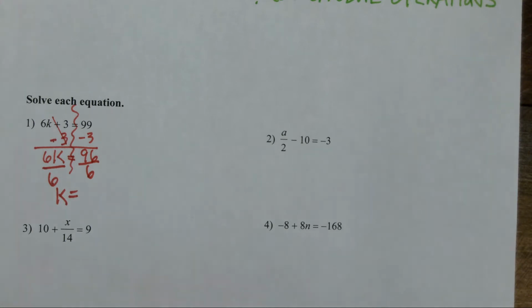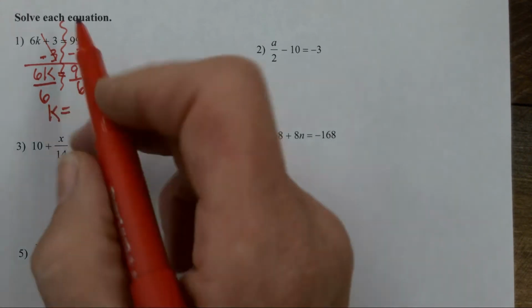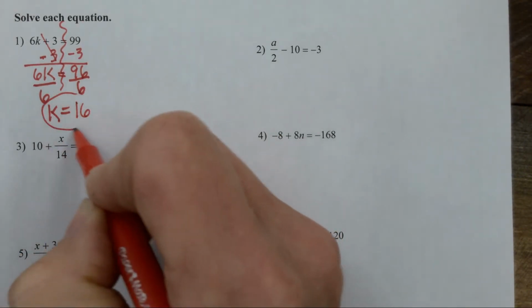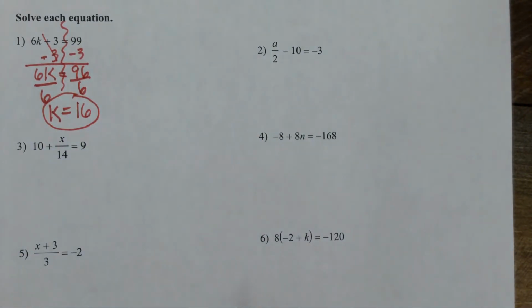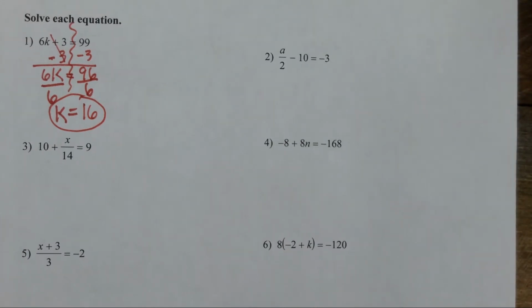So what is 96 divided by 6? 16? Great. And we are done with that problem. Again, undo what was done. So when I look at problem number 2,